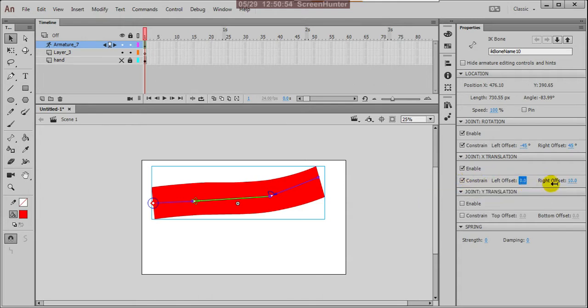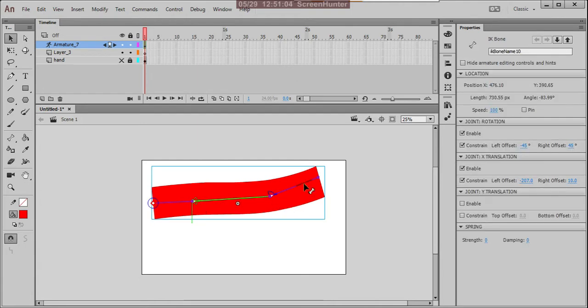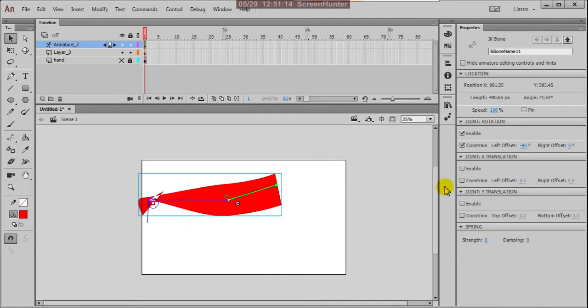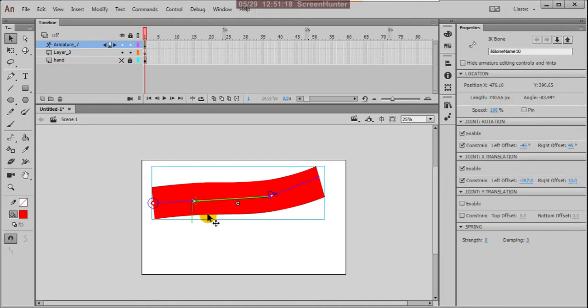By giving the values, see the indication showing here. Now you can observe it is restricted to that only. Here I am adding constraints of 45 degrees, and now you can rotate this.